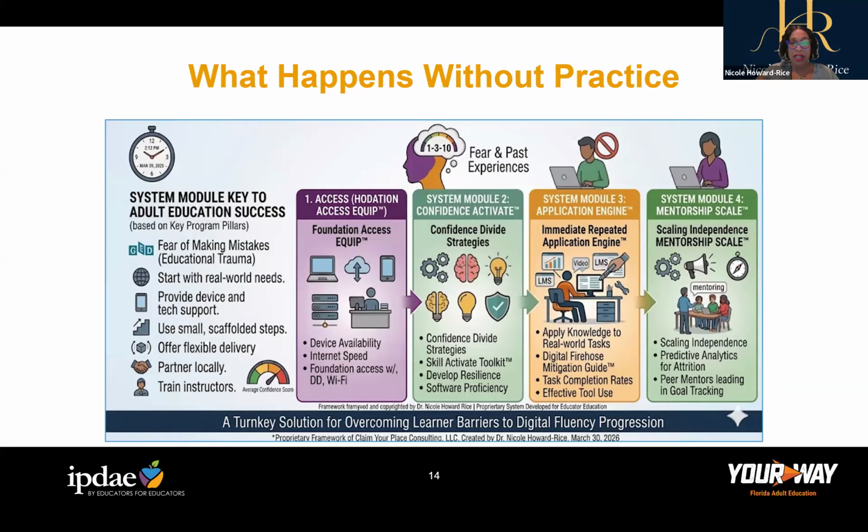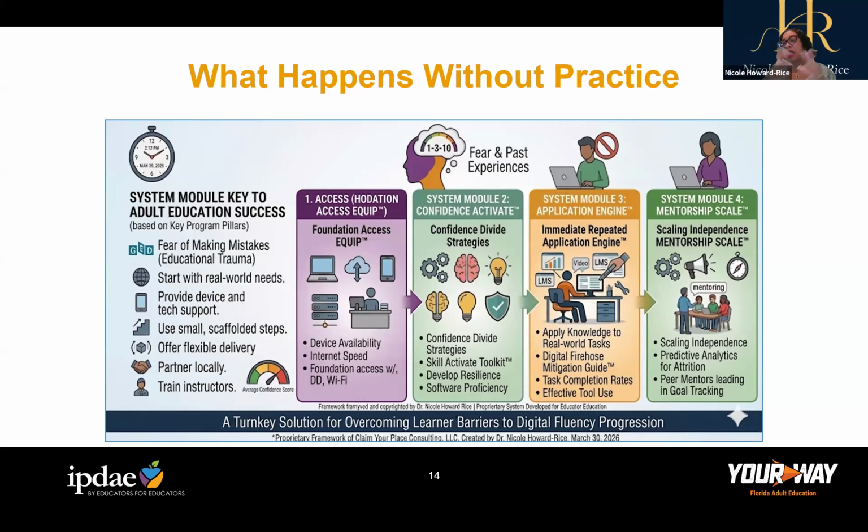Okay, so here we are, moving along. We've covered our access paradox. We have our keys and our application pieces in place. So this is a module key that I created. Feel free to take a picture of it. Feel free to employ it. Here we are. So you've got the device availability, that's the access. Internet speed issues, and we have the foundation of access and what that looks like. So we have direct dial-up and we have Wi-Fi. Nobody uses direct dial-up anymore. Everyone's on somebody's Wi-Fi, but you just never know.